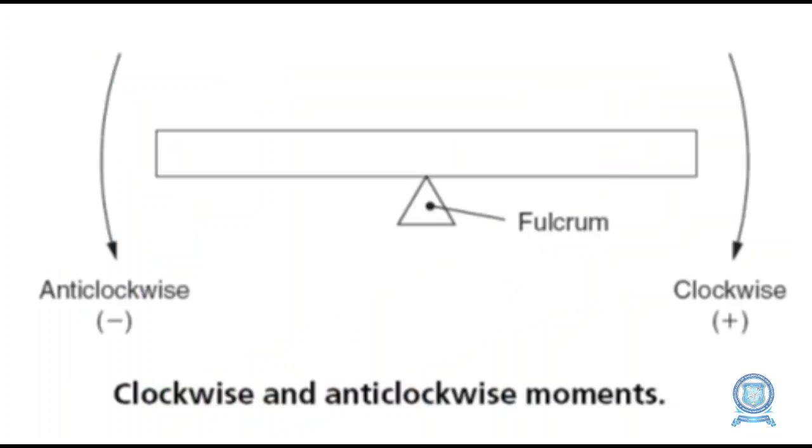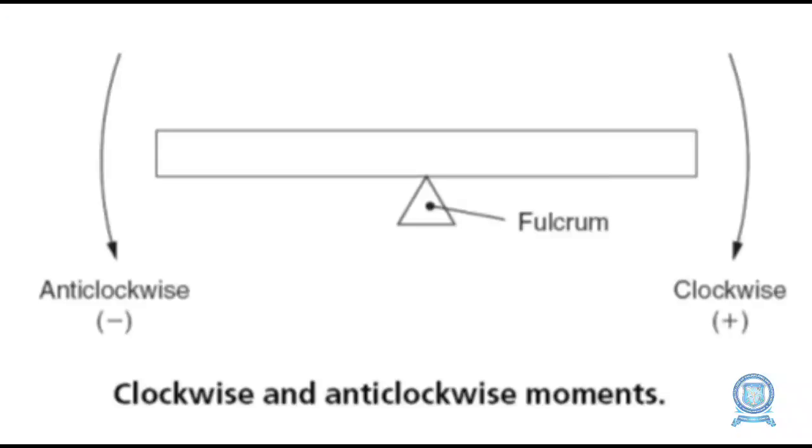Now we can see the sign convention for moments. Basically, there are two types of moments. One is anti-clockwise moment, and the second one is clockwise moment. From the given diagram, you can note that there is a fulcrum, the fixed end, and you consider two cases. First, the right side clockwise moment. If you apply a force at the end of the beam, on the right hand side of the fulcrum, the entire element will rotate clockwise. If you apply the force downward there, you will get a clockwise moment, that is right side downwards.